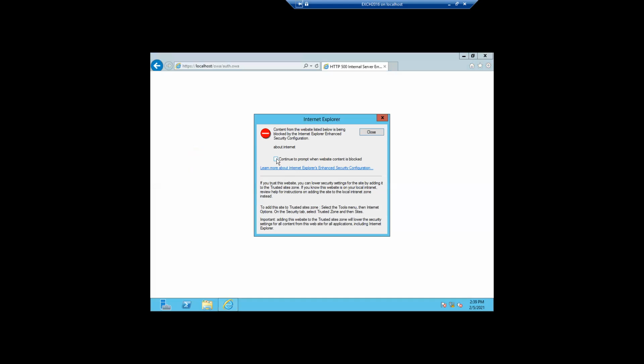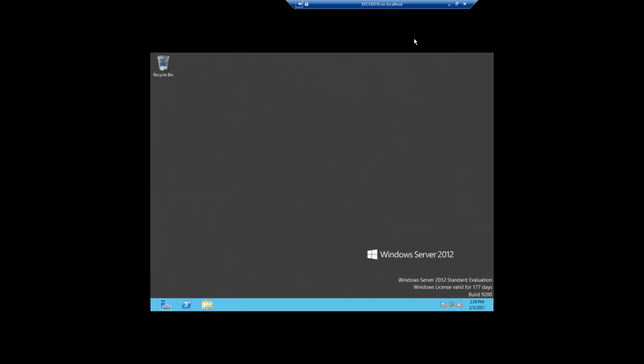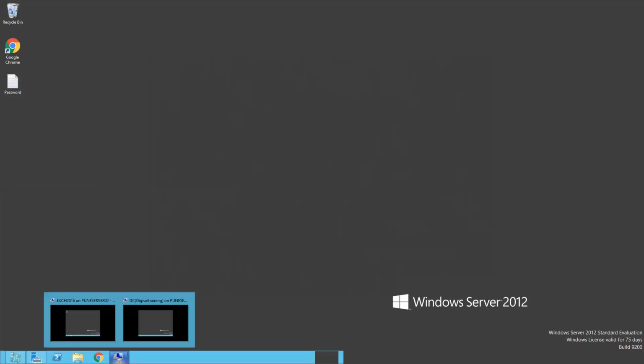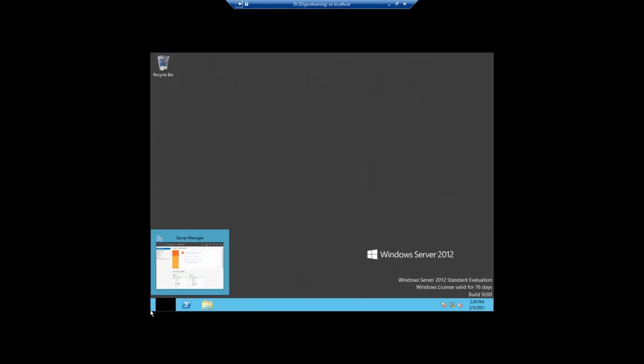It is actually blocking this. Maybe we will get there again. No issue. What I will do, I will open this on the domain controller. Just a moment.